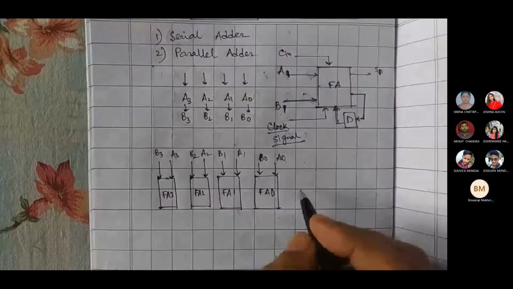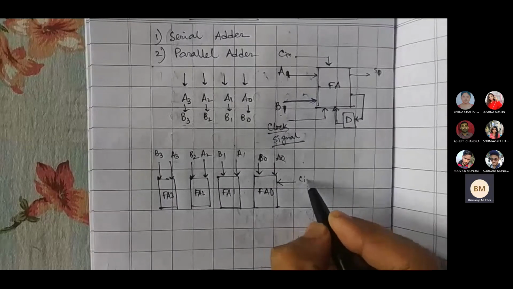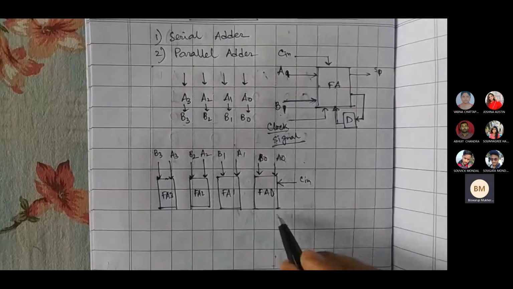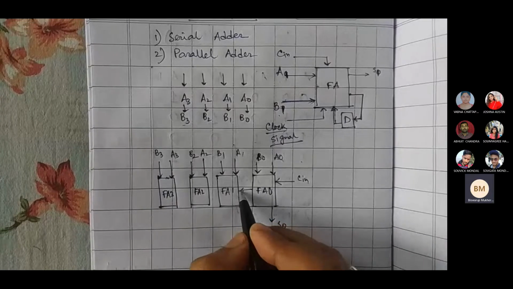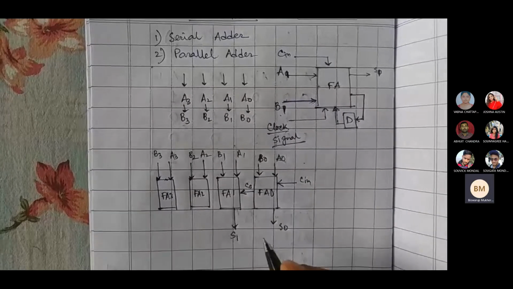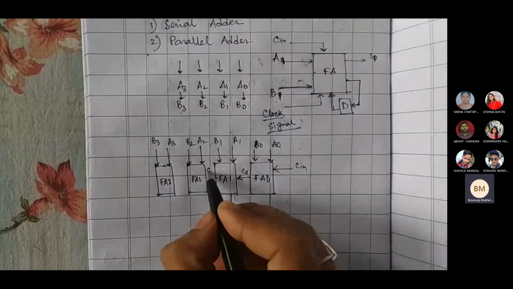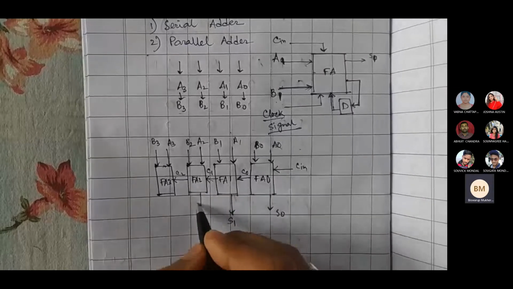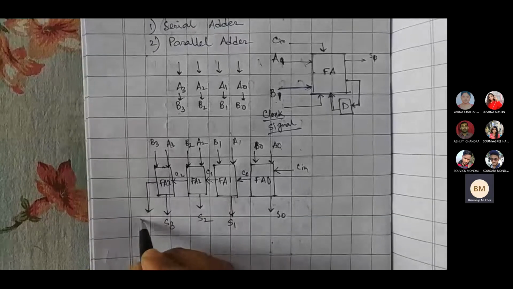Okay. So obviously, from our previous case, we'll be having C in, or maybe it can also be written as C minus 1, whatever. So here we are having S0, which is coming out. The carry 0, C0 actually, is going to the next stage. So that is C0 generating the S1 or the sum 1. The carry which is being generated right over here is coming out to the next stage. Similarly, C2, here we are getting S2, and here we are getting S3, and the final carry out C3.